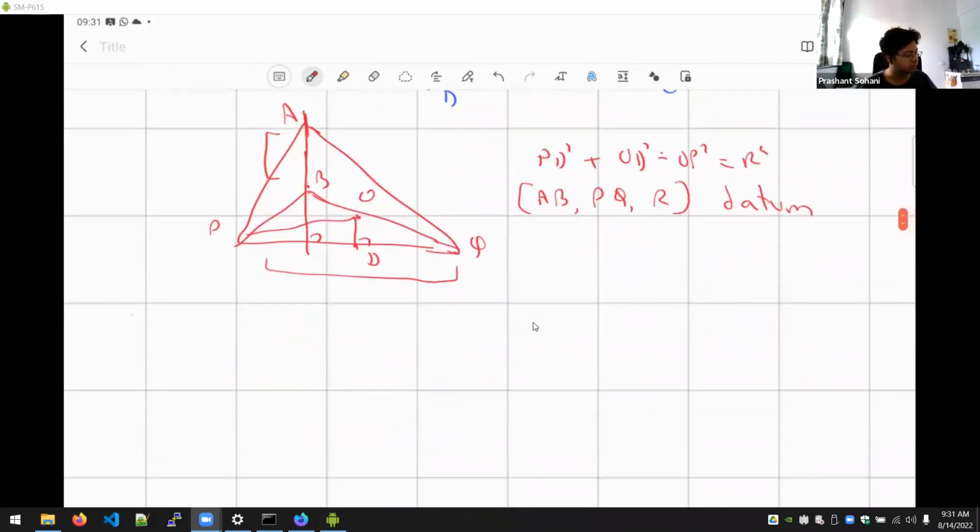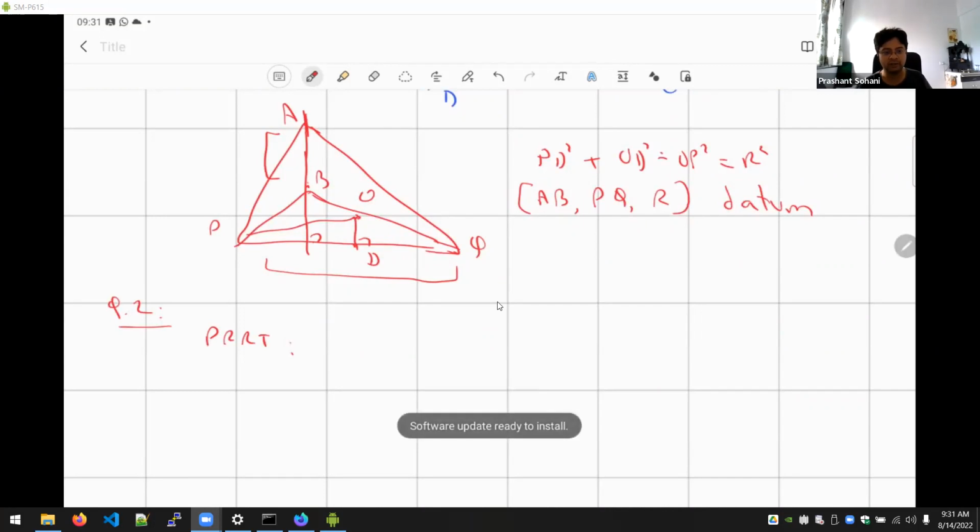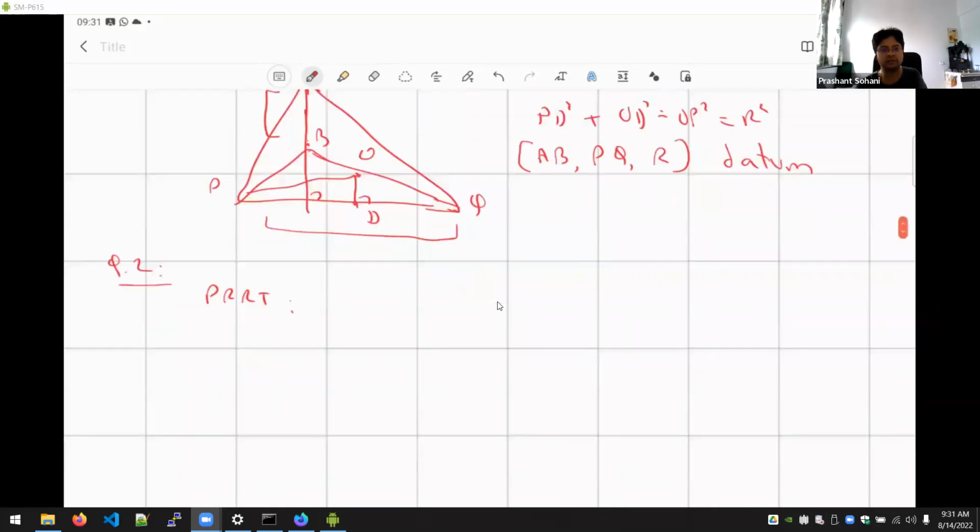Question 2 has actually multiple approaches. One was, I saw, because fortunately you had written the explanation, so I understood that PRRT has been used by many students. So the possible rational root theorem, to figure out which are the candidates for solutions, and then you just try them one after the other, which is fine. But in some cases, like here, I use very small numbers. If there were much larger numbers, it's hard to apply PRRT and try all the values.